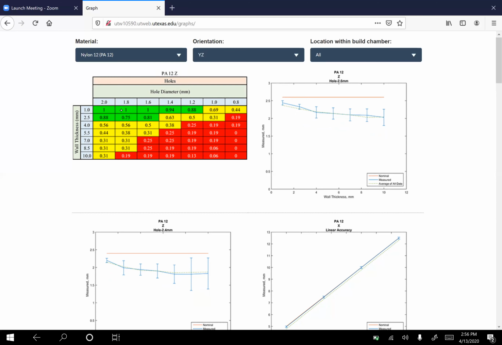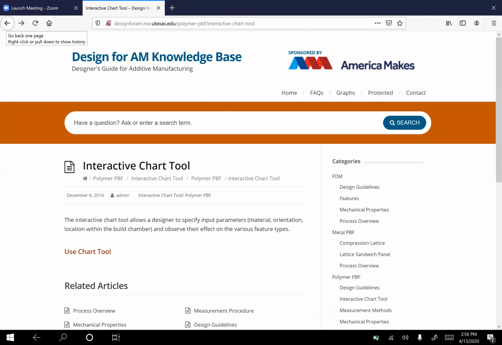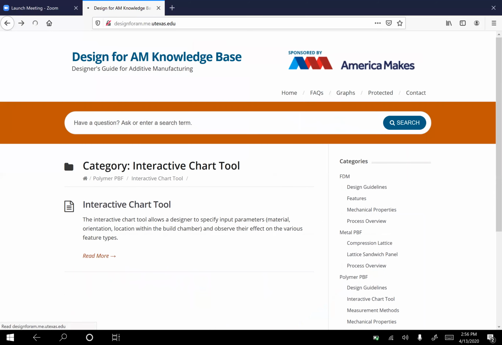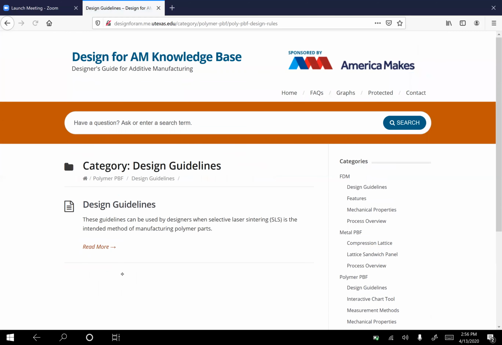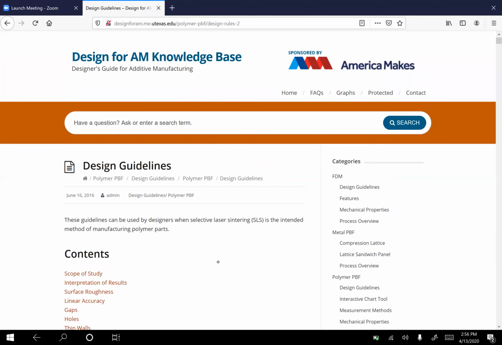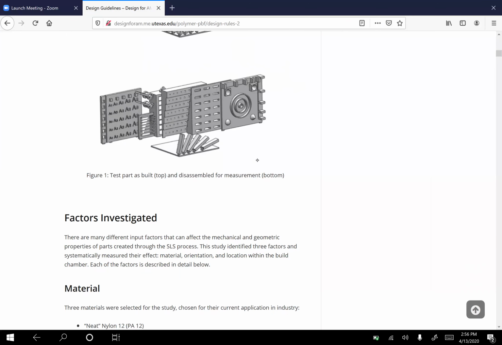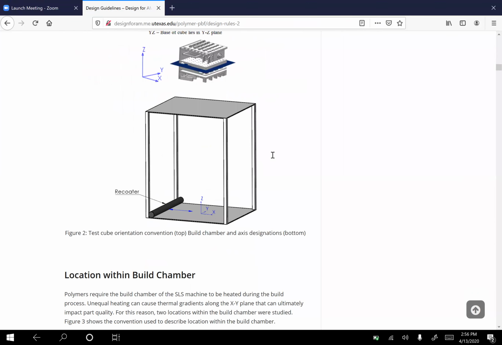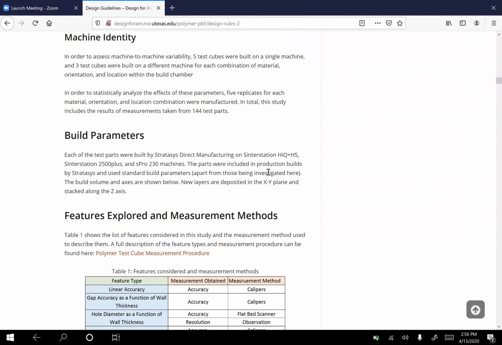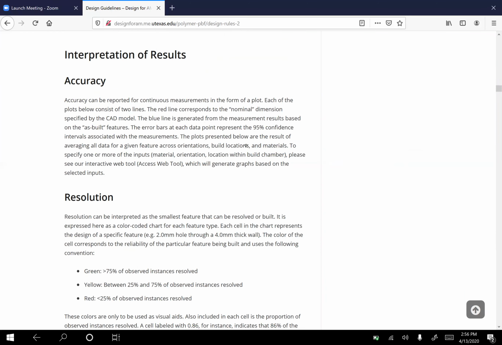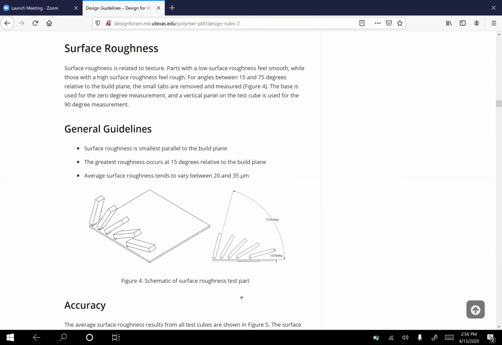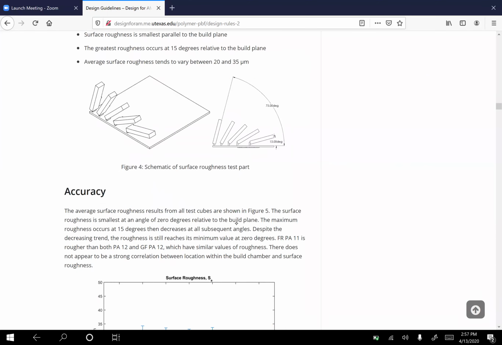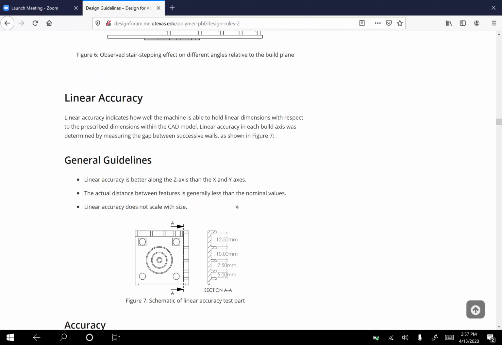All right, so you can go here and play around with this as much as you like. We can also look at just the general design guidelines for powder bed fusion here, and you can read more about how the data was gathered, the scope of the study. You can see a little bit about the materials, the orientations, the location within the build chamber, how we measured different things, how we interpreted accuracy and resolution. And then you can also see general guidelines for all the features that we looked at. So surface roughness is here, linear accuracy is here,